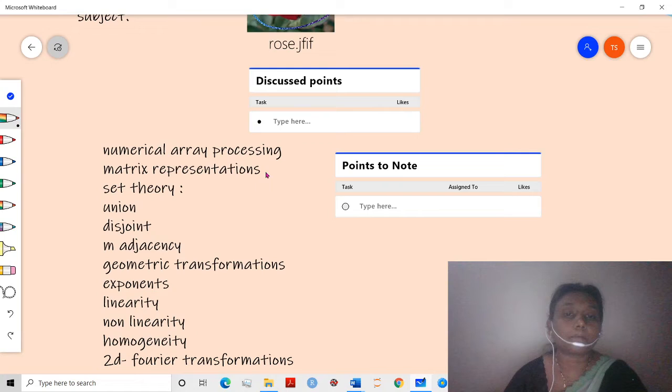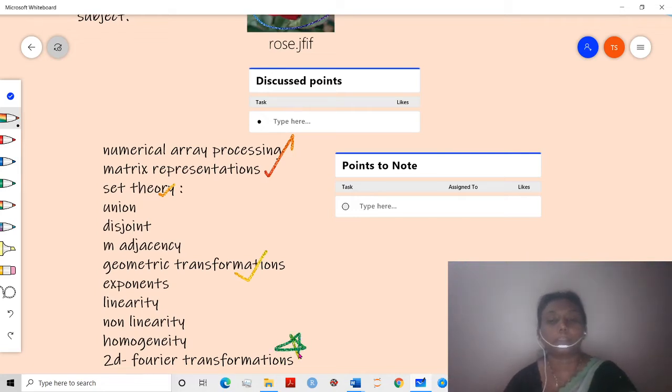Among them, the matrix representation is very important, set theory is very important, and all set theory operations are very simple, and transformations we apply, and the Fourier transformations, these are very important. Okay, and